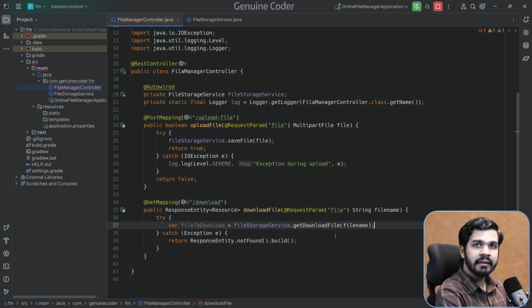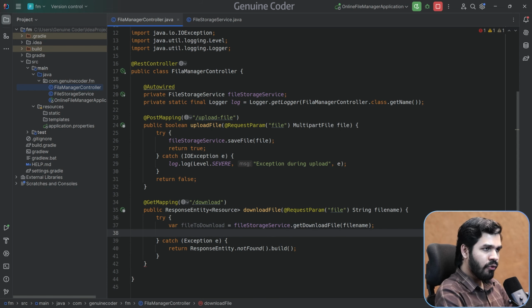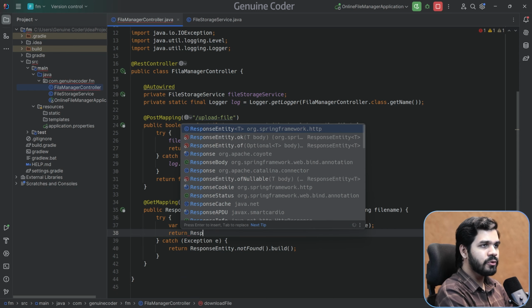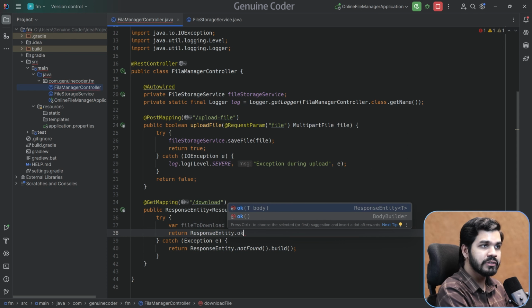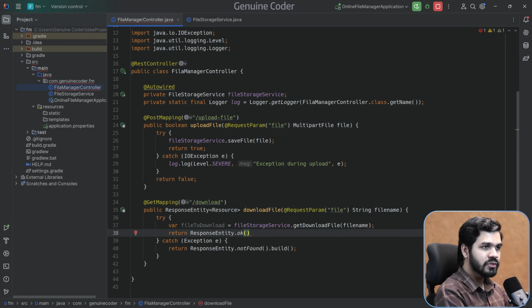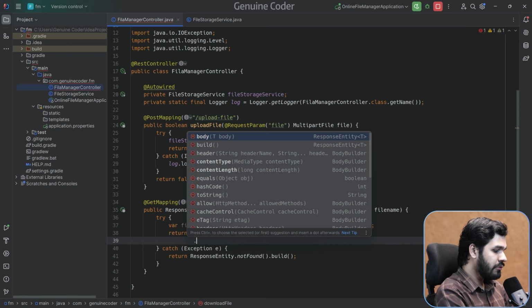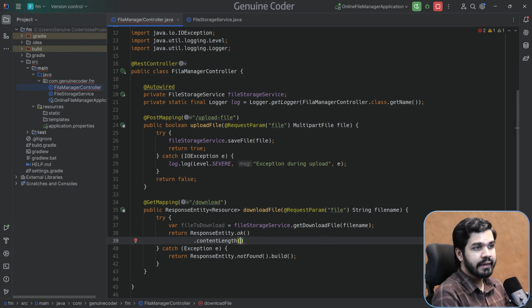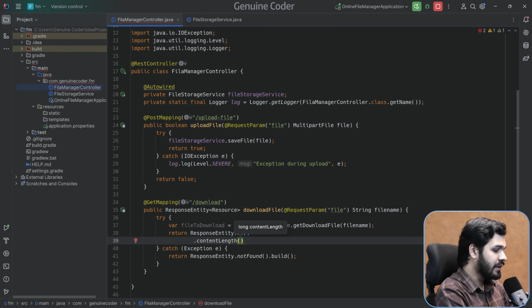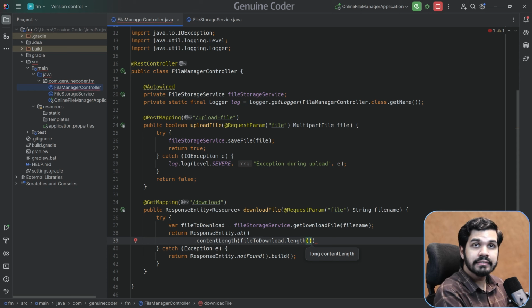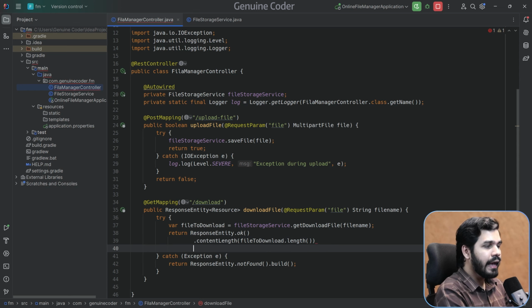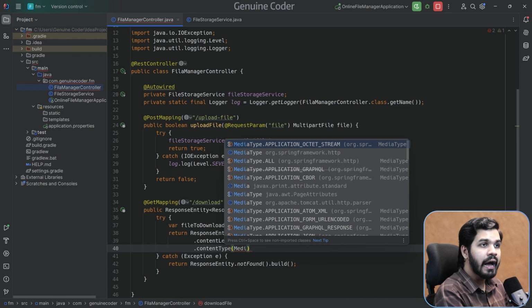Now let us see how we can return this file for downloading. For returning it, we will use the same response entity, and instead of an error state, we will say that it was an okay. This is an okay response, so everything is good. I am sending you the file. So response entity dot okay. Then we have to provide something like a content length, the length of the response that we are returning. For that, we can use file to download dot length, which will return the size of the file that is being downloaded. And we have to provide the content type, and the content type is going to be application